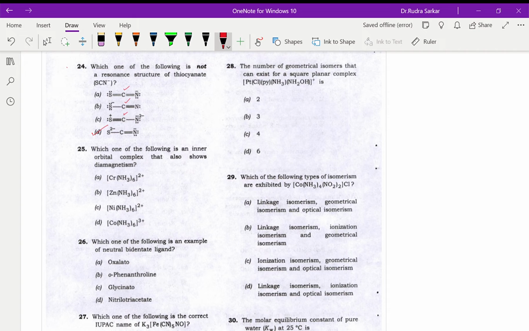But in the complex of cobalt, where it says cobalt is +3, always remember that when cobalt is +3, for all the ligands except fluorine, it is going to be diamagnetic. This should be committed to mind. So in this question, instead of doing the VBT for all the structures, just remember for cobalt 3,